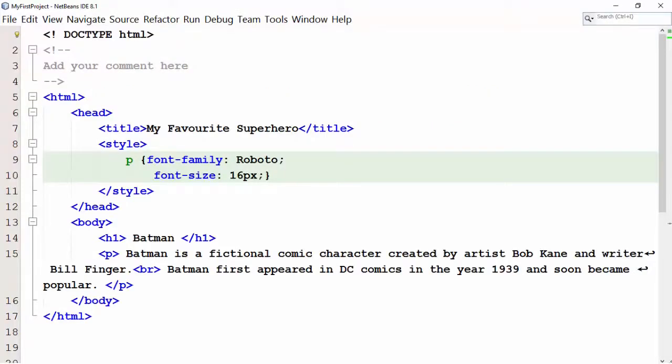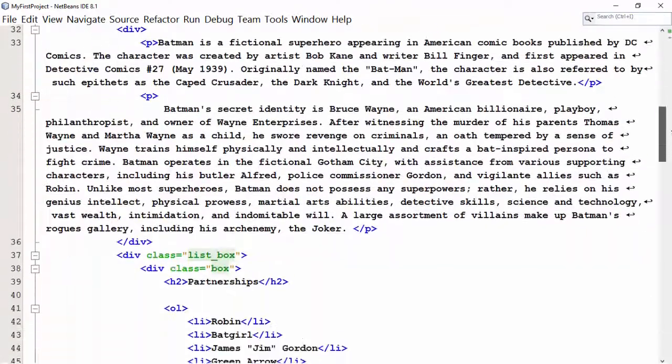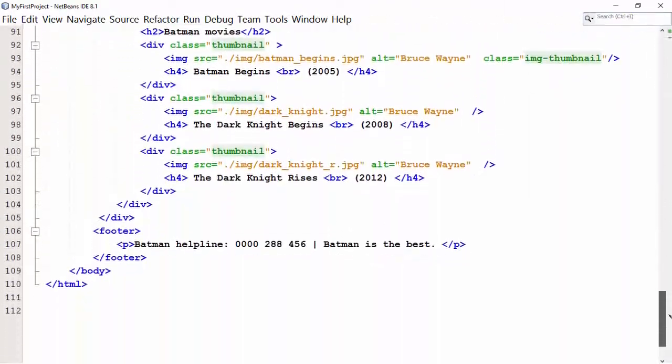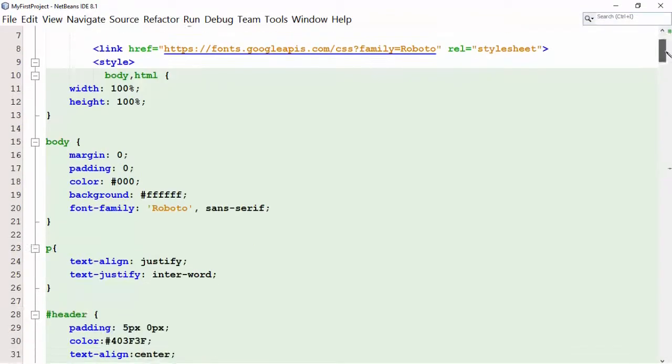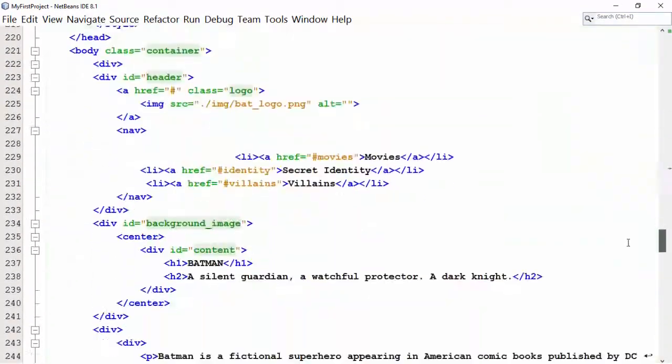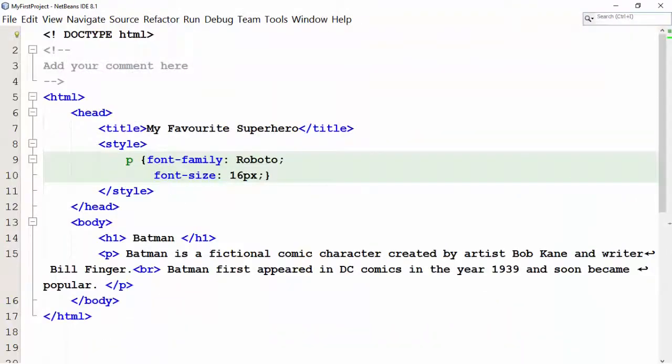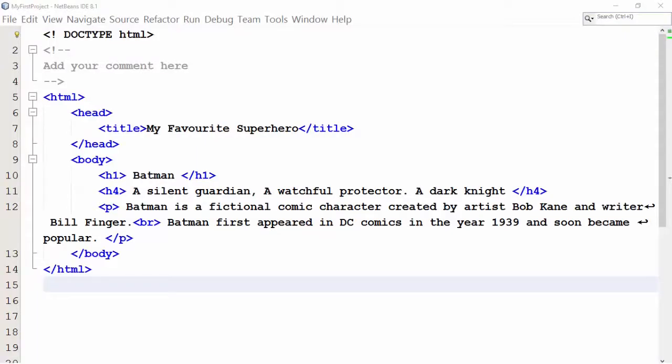You must have guessed it by now that if you are using internal styling, you have to define styling of the selector only once. Every time you use selector tag, the styling will be applicable on the content within the selector tag. An HTML document usually has hundreds of elements. Thus, it will save us lot of tedious task of defining style using inline styling if we are using internal styling. Refer to helper text to see most commonly used style properties before you attempt any of the quiz or code challenges. In the external styling, we create an external style sheet and keep all our style statements in that file.